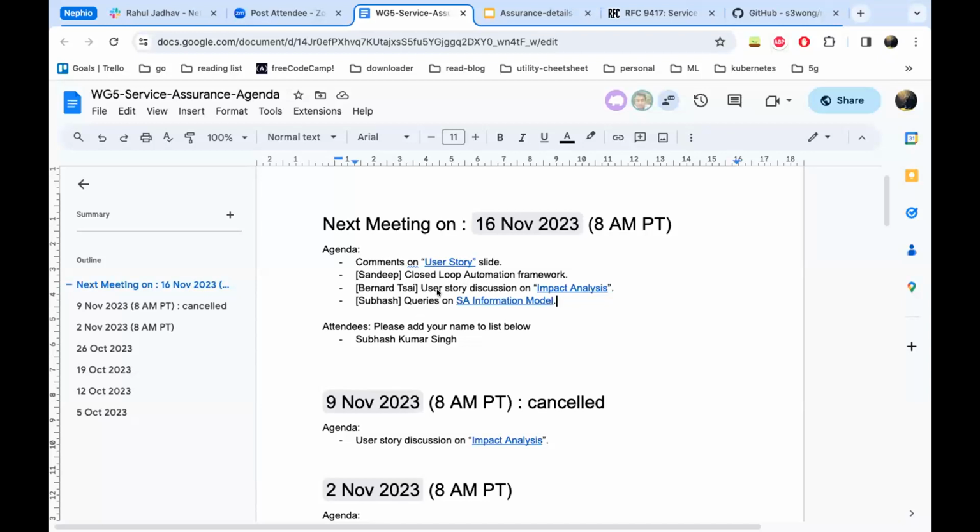He had some ideas, and he will just demonstrate it. And then we'll go into some discussion on the impact analysis, the user stories that we need to provide to SIG1 by the end of this month. So let's discuss on it. I have also prepared some slides that will capture some of the details, and also it has some of the questions. I feel those answers will help us to clearly draw the picture of the service assurance and